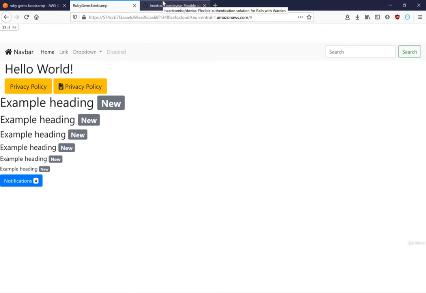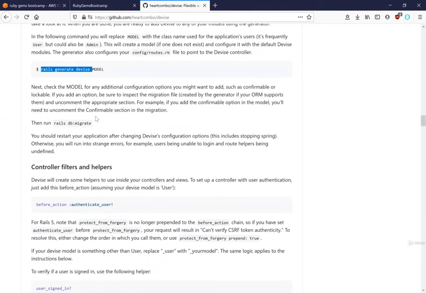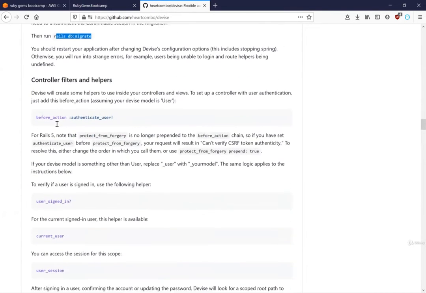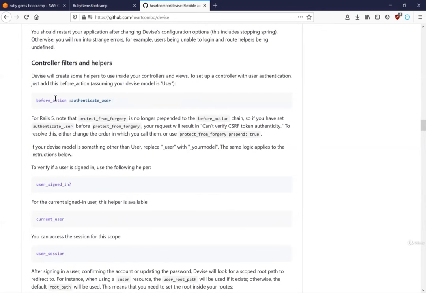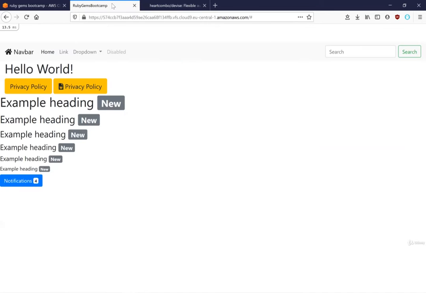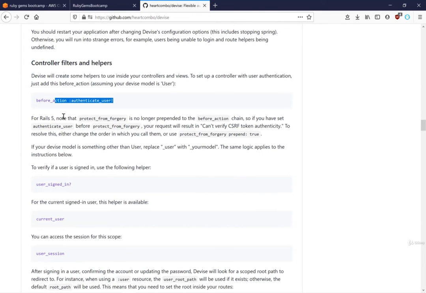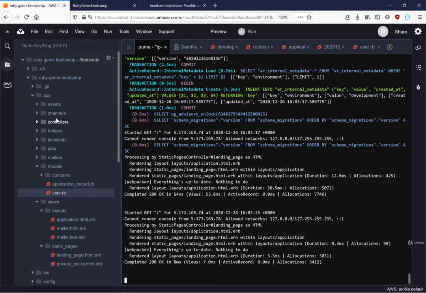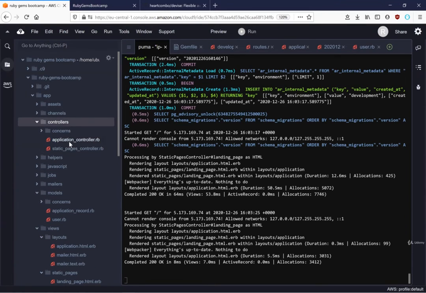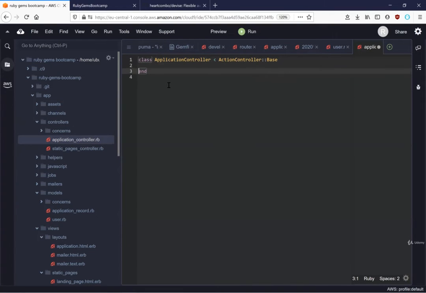Why is that? Let's go back to the docs. Okay, we run Rails db migrate, and we need to add something like before_action :authenticate_user!. So for example, for looking at some pages, the user needs to be logged in, and for looking at other pages, the user doesn't have to be logged in. So we can add before_action :authenticate_user!, and it should be added in a controller. So let's go to our controllers, and we have just two controllers, application controller and static pages controller. If we add this to our application controller,